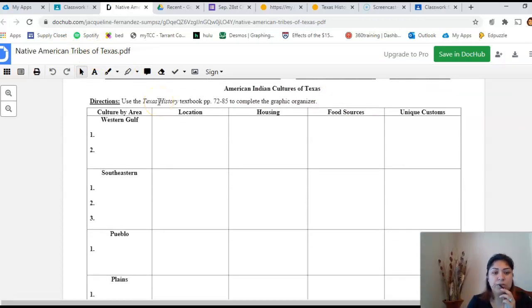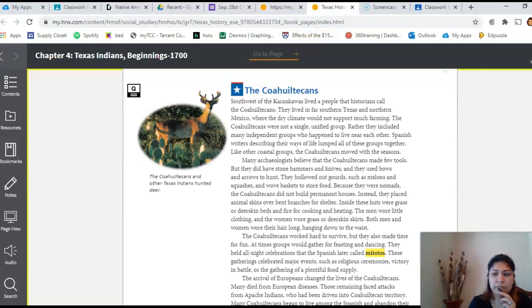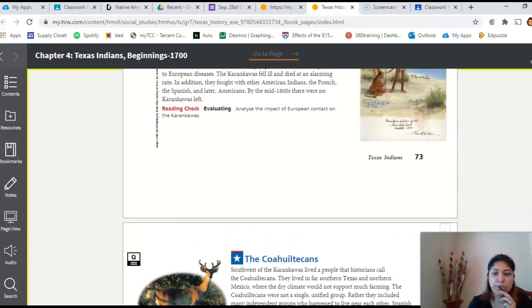The directions read: use a Texas history textbook and your notes that I'm providing you with to complete this. Culture by area. So we're going to explore 4 different areas in Texas, and there's numbers in each box. The number represents the names of a Native American tribe. For example, in the Western Gulf, you're going to read about two Native American tribes. So we go to page 72, Western Gulf,